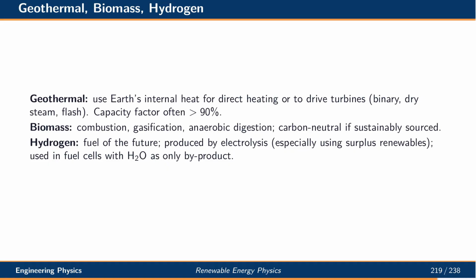Geothermal energy uses Earth's internal heat for direct heating or to drive turbines using binary, dry steam, or flash plants, often with capacity factors above 90%. Biomass energy is obtained through combustion, gasification, or anaerobic digestion and is carbon neutral when sustainably sourced. Hydrogen is a versatile fuel of the future. It is produced through electrolysis, especially using surplus renewable electricity, and used in fuel cells where the only